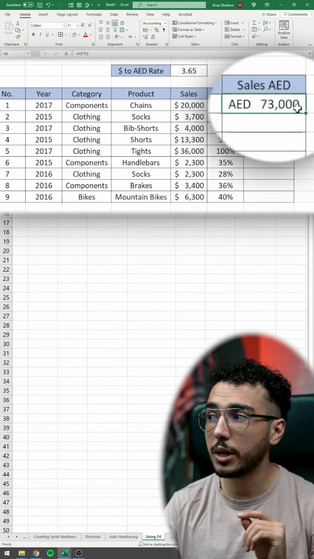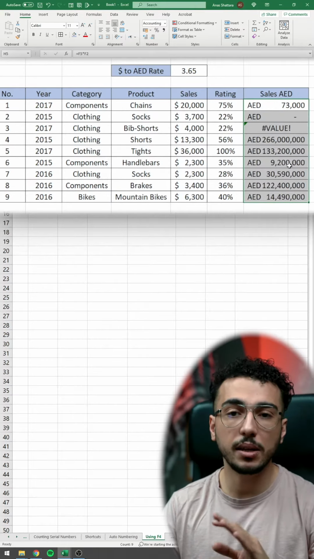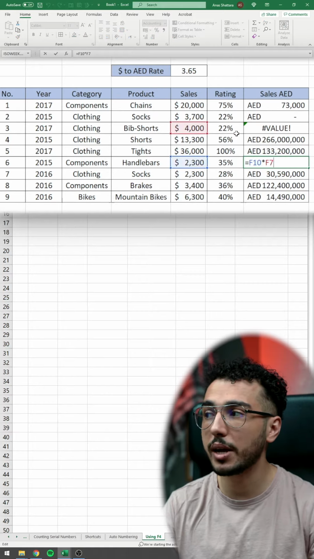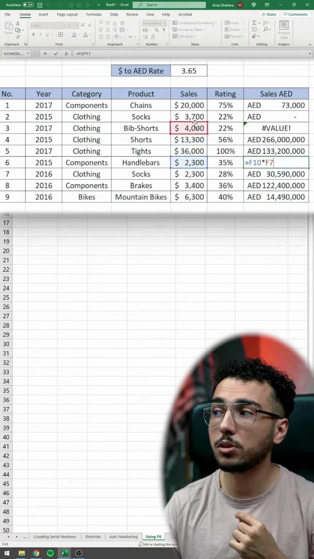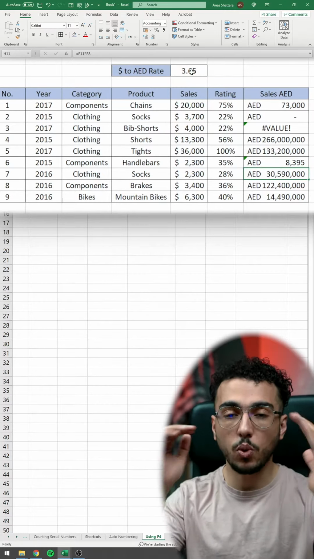So far so good, but when I drag it to the rest of the cells, it would give me an error, or it would give me weird numbers. The reason is that whenever I drag it down, the cells would move with it, but I want it to be locked at the rate, and it doesn't make sense that I would be fixing it one at a time